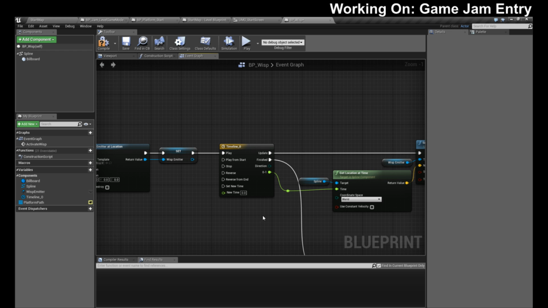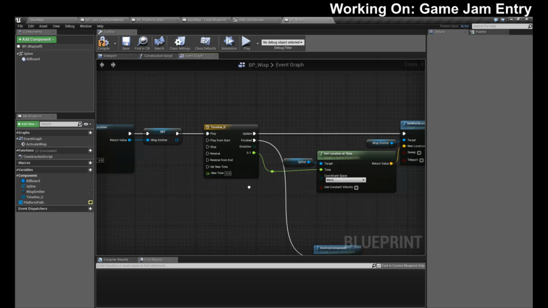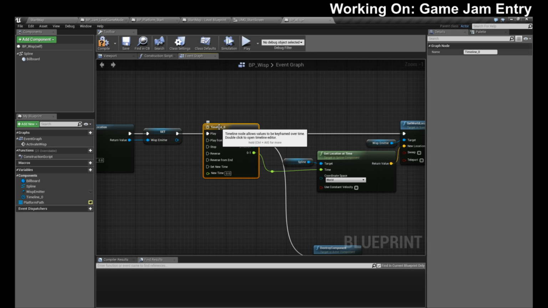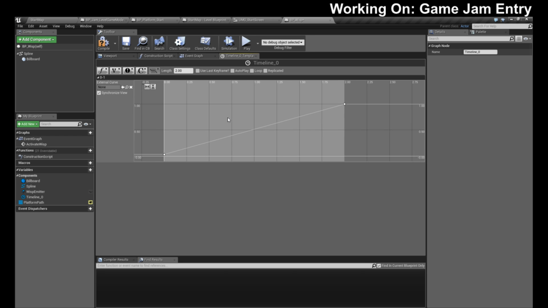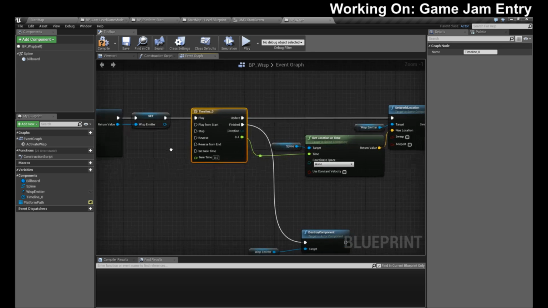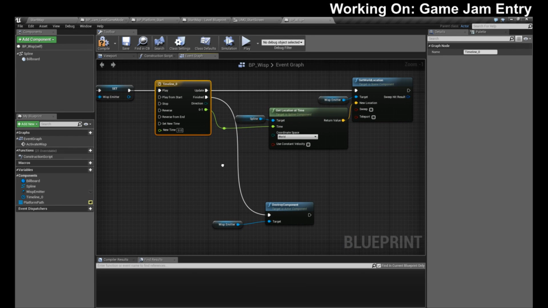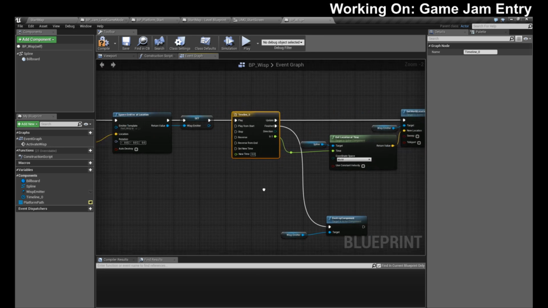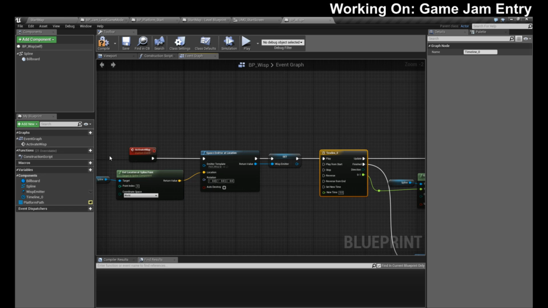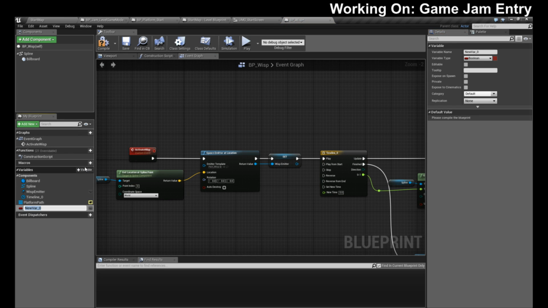This is the problem with timelines, is they're fixed. And I don't believe I can input or change the length. I do want to do that, so I want to do the wisp lifetime.